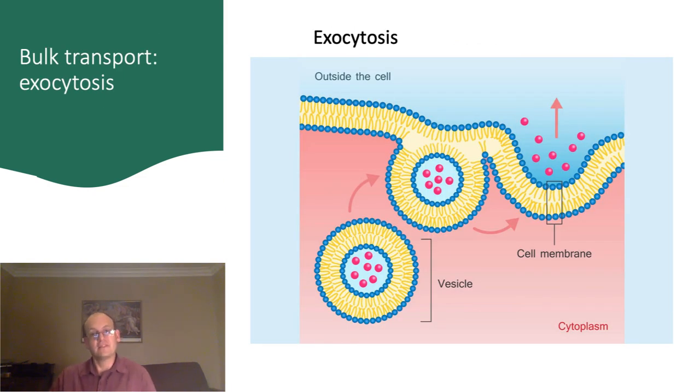Often, the cell needs to transport materials out of the cell in bulk. It does this through a process called exocytosis. During exocytosis, transport vesicles move the proteins or other materials to be exported to the cell membrane. When the lipid bilayers touch one another, they start to fuse, eventually dumping the contents of the vesicle outside the cell.